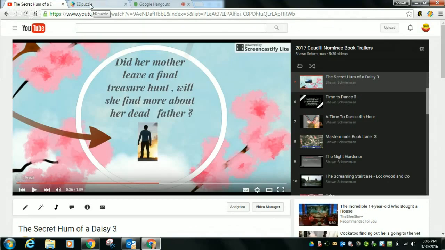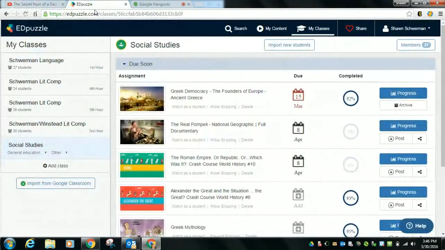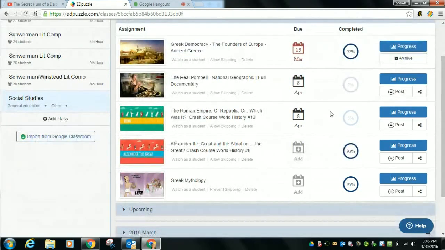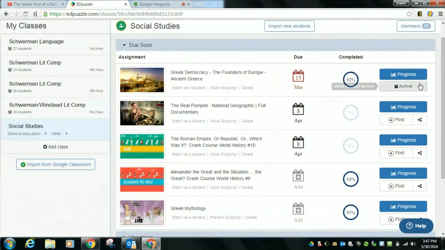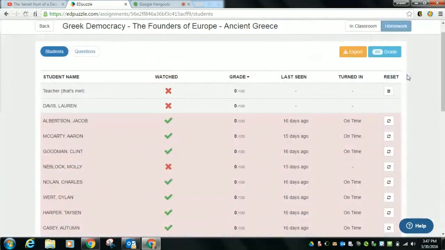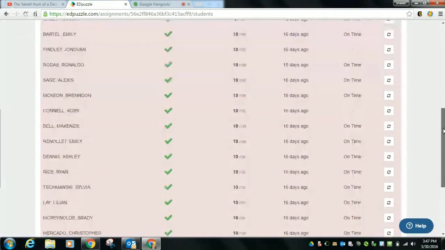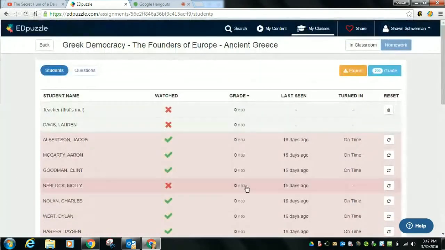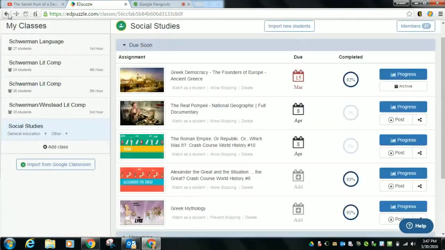And as Jason said, the other thing I'm using, which enhanced through YouTube, is Edpuzzle, which completely synchronizes with Classroom. You'll see on my screen that all the classes I have in Google Classroom are merged with Edpuzzle, and it allows me to push out, for instance, we're doing Ancient Rome, so right now the kids have 2 videos that they have to do by April 8th because it's part of an independent study we're doing. If I click on progress for the Greek video that they had to watch, it'll show all the students, whether they watched it or not, and when they watched it, as well as their score if you're going to take that grade.